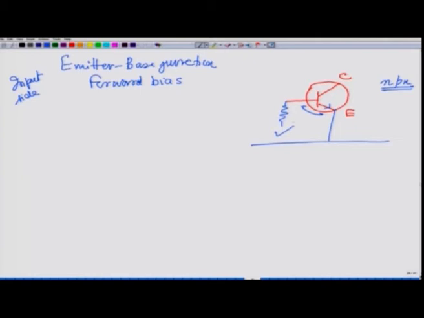How do I connect the battery? Negative which side and positive which side. So, this base is now P, and therefore, base should be connected to the positive terminal of the battery. So, I put a longer line here and a shorter line here, and then I connect it here. So, this is the input side. Now, this emitter base junction is forward biased. On the other side, I take a line here, I put some resistor here,